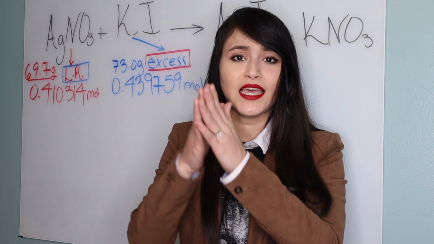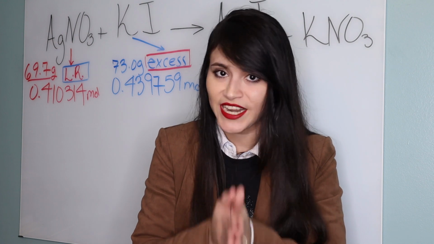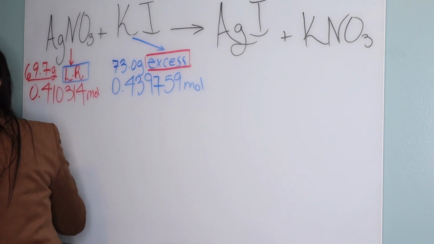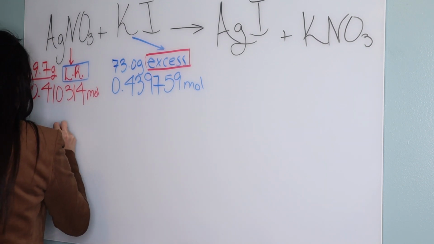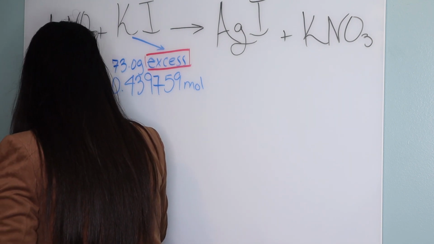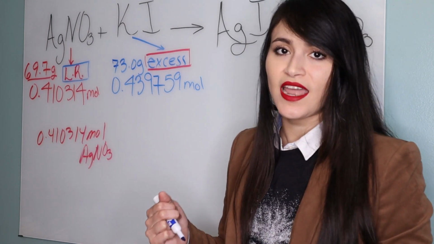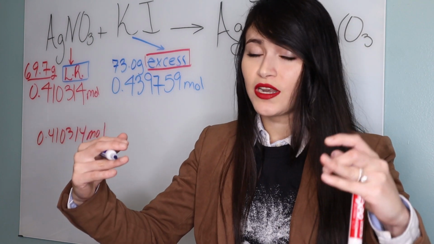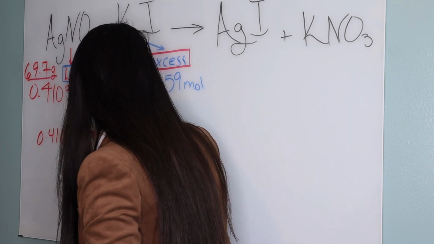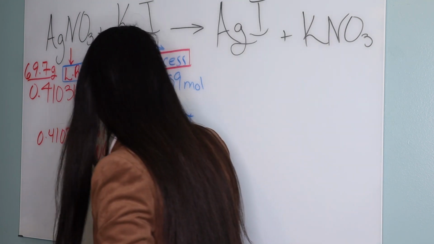The molar ratio, right? Every time you start with one compound and you want to end up with another compound, you have to go through the molar ratio. So we're going to go ahead and get started with our moles of our reactant, which are 0.410314 moles of silver nitrate. And we want to come out with moles of potassium iodide. So again, what I want is going to go on the top of the fraction, and what I want to get rid of is going to go at the bottom. So I want moles of potassium iodide, and I want to get rid of moles